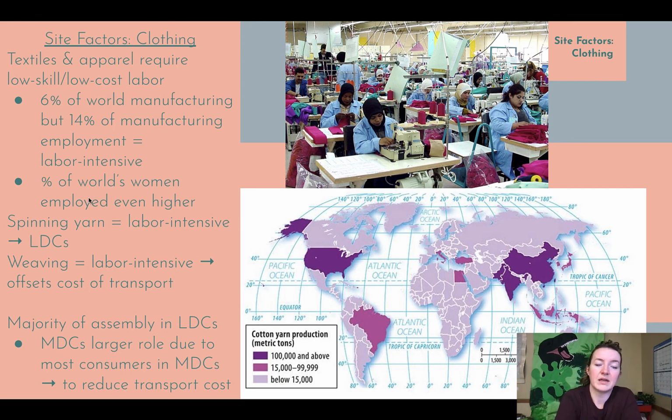So one of the big things that really factors into the labor intensiveness here is the spinning of yarn. We know that largely what we make clothing out of is cotton or man-made synthetic materials. But when we grow this stuff, after collecting, we have to spin it. We have to make yarn, which is essentially how we make thread. And that's super, super labor intensive. It takes a lot of effort for a fairly small reward. Weaving, so the actual making of the fabric, is also very labor intensive.